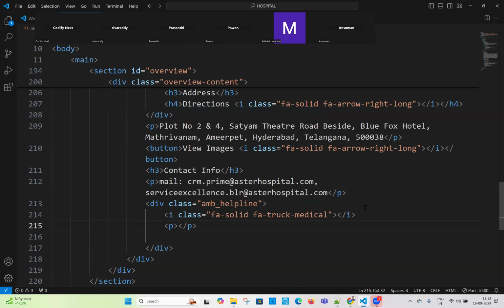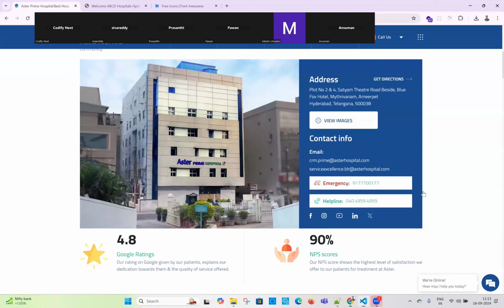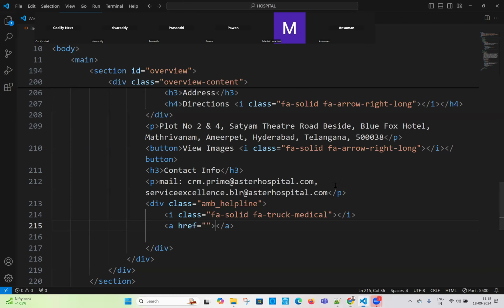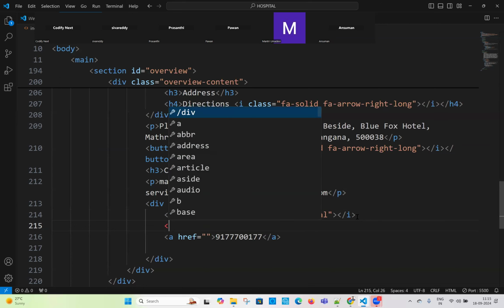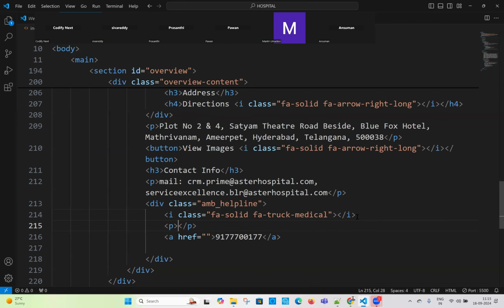Not para. It's better to take an anchor tag. href is equal to that mobile number. So whatever the mobile number I have here, copy the mobile number. This is the mobile number. But this is clickable. And we have to take a para tag open close, or else